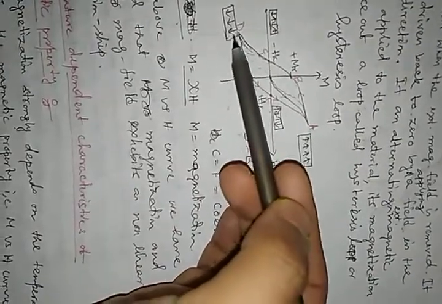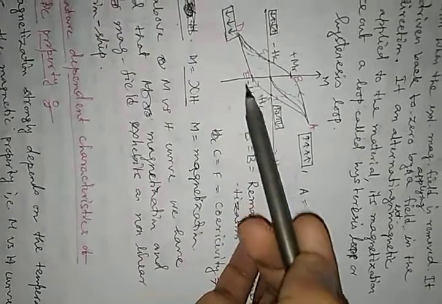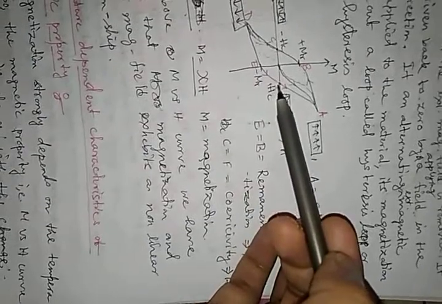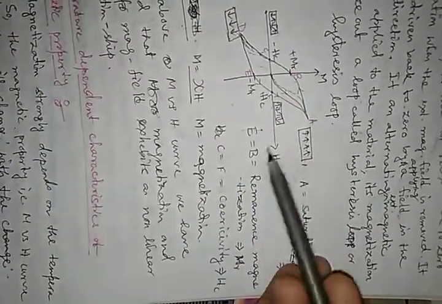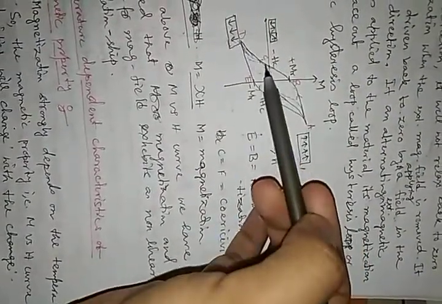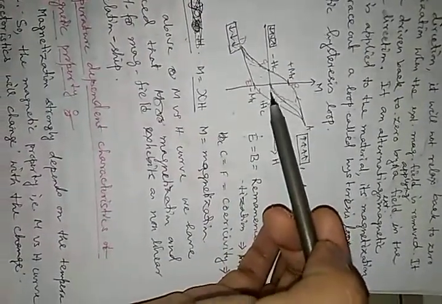Now this will again be a saturation magnetization MS. Again we will notice a remanence magnetization. To remove this remanence magnetization, we have to apply a positive field. Then this is the positive coercivity. Then again we will reach point A. This will generate a hysteresis loop. That means the relation between M and H consists of a hysteresis. So this loop A, B, C, D, E, F to A is known as the magnetic hysteresis loop.